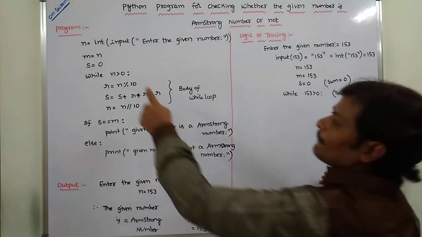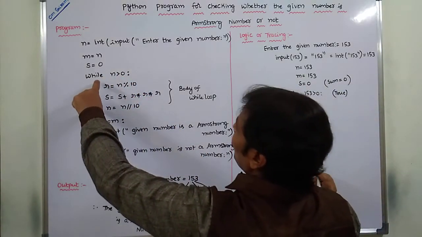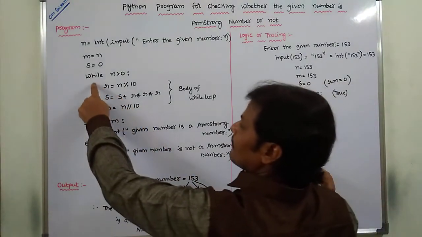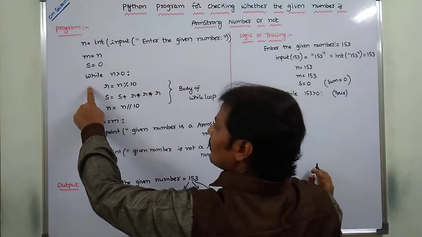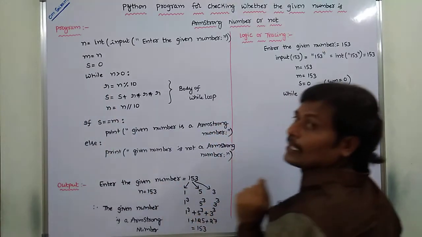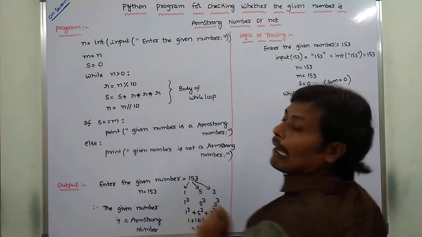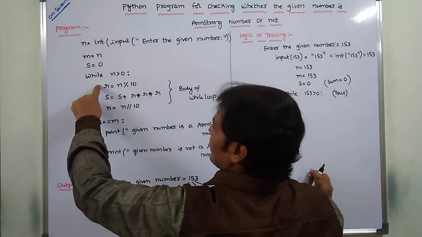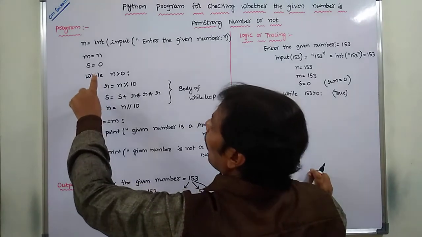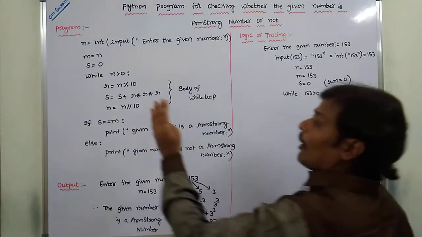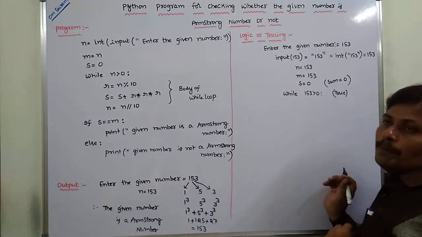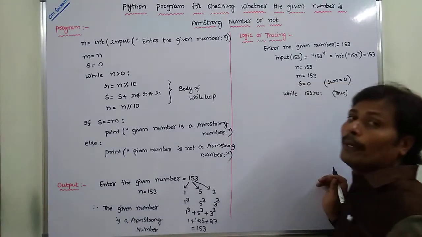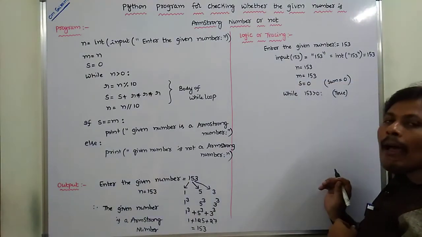If the condition is true, then the control goes to the statements within the while loop. While writing the statements within the while loop, we must give one tab space, otherwise we get an error. Whatever statements are in the body of the while loop must be written after one tab space. At that time these three statements belong to the while loop, otherwise we get the error.